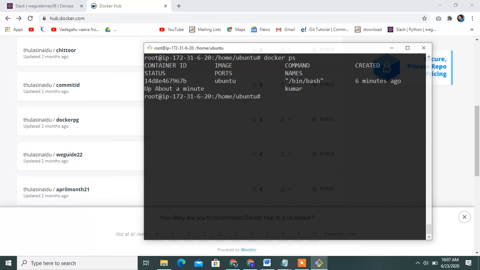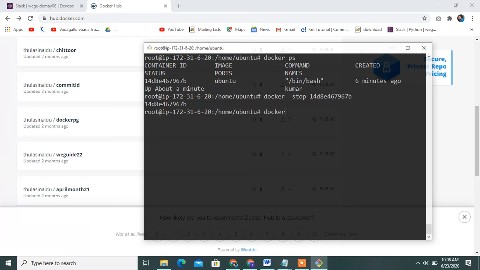Stop the Docker container. Docker stop container id, copy that and paste it here. Stop it. Then delete the Docker container. First check it.